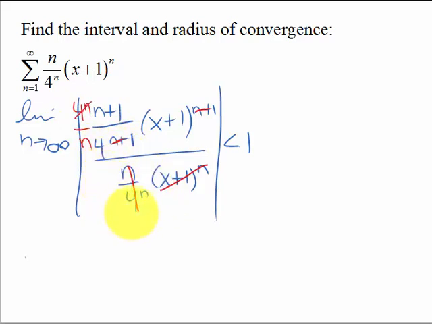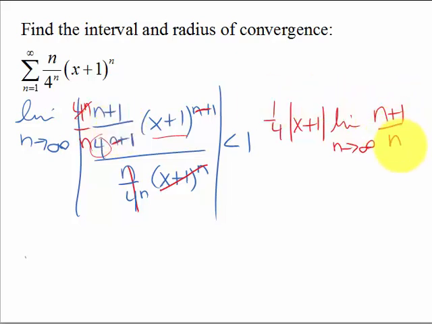So let's rewrite this, and as we do, we could bring this x plus 1 and this 4 that's in the denominator out in front. So that's going to be 1/4 absolute value of x plus 1, and then we have the limit as n goes to infinity of n plus 1 over n, and we still want that less than 1 so that we'd have convergence. So this limit is 1, so we'd have 1/4 times the absolute value of x plus 1 is